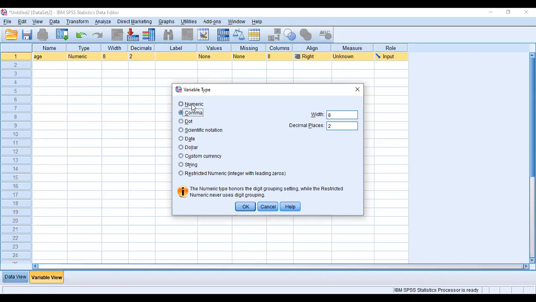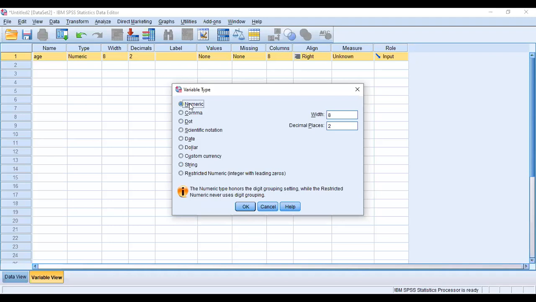Now we are only going to stick with numeric. Then dot is for when you are writing a date with a dot in between. Then the variable could be in the form of scientific notation, a date, or a string. Mostly in our qualitative research, we use numeric or string.